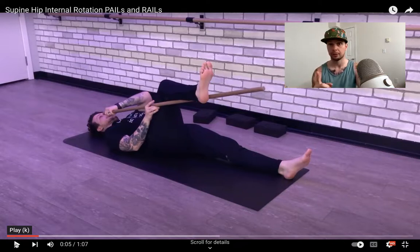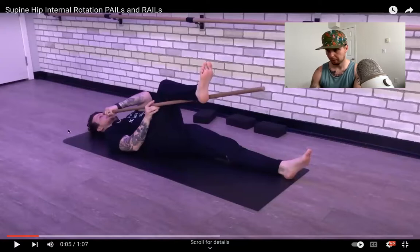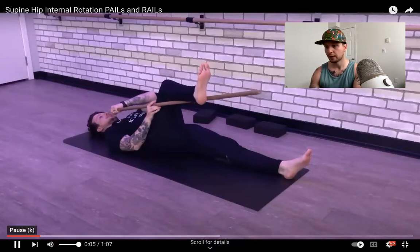I will say, going back to anatomical features, some people have a hip socket designed for a lot of hip internal rotation and little to no external rotation. Then you do the reverse of what we're about to talk about, and that can be another separate conversation. But anyway, what we're going to do here, we have a dowel, which is going to move our entire hip